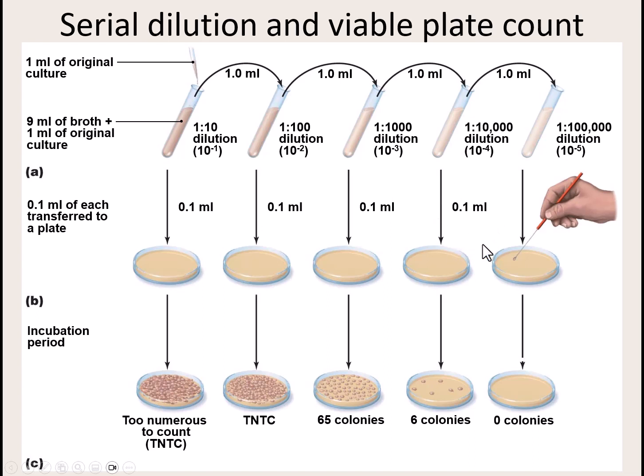If I go back a dilution, because this just means too numerous to count, you wouldn't want to count that plate. But if I get to a dilution where I'm like, well, there's 65 colonies, and I go back, 65 times 1,000 times another 10, you're at 650,000. So you're getting a pretty good estimate of how many bacteria there are per milliliter. Again, it's fussy. This is a lot of tubes, a lot of plates, and you still have to wait for